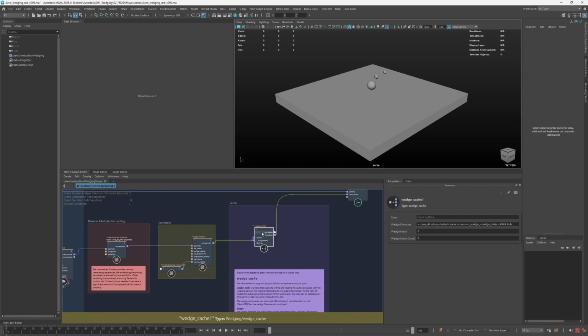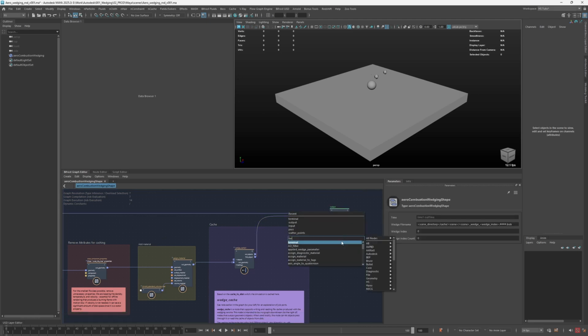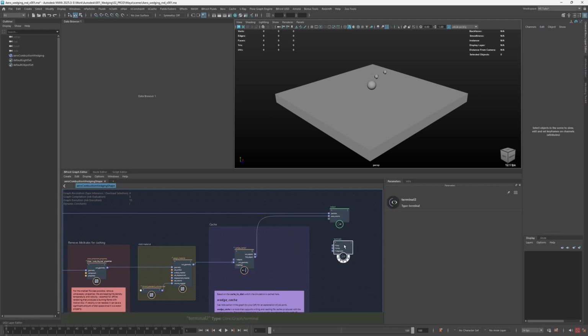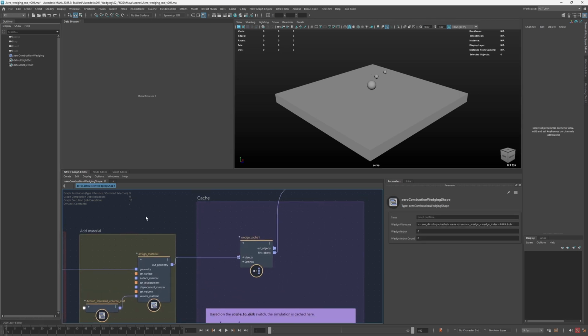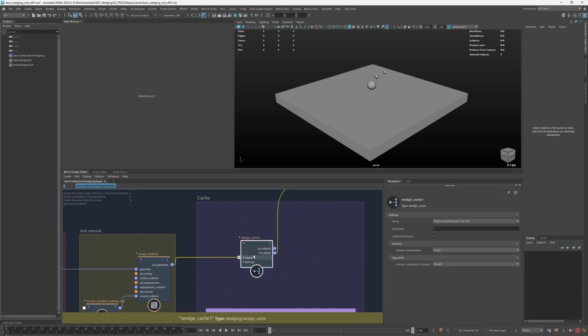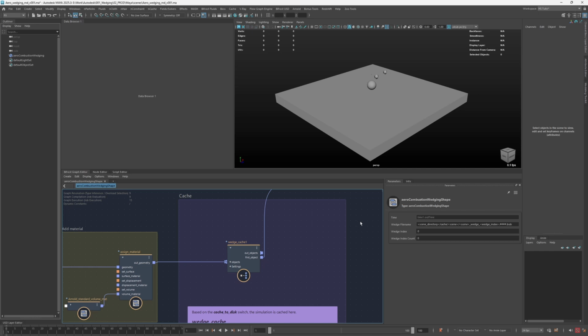Another thing to keep in mind is that the wedging cache needs to connect to an output. You cannot connect it to a terminal, for example, to send it to the cloud. As you can see, this is a fan-in object, which means that you can connect multiple simulations or geometry, so you can connect a bunch of stuff here as well. But you have to have one wedge cache per graph. And then it's basically checking